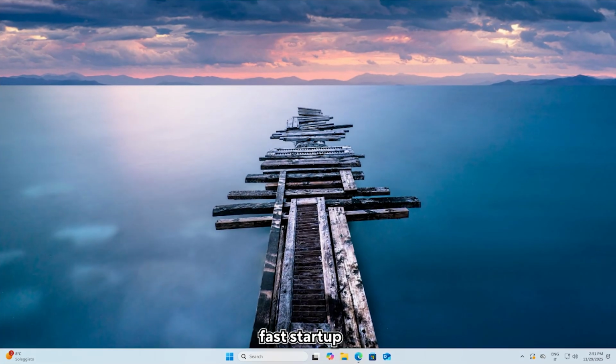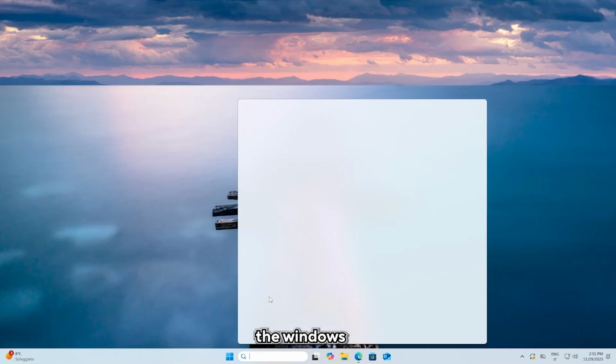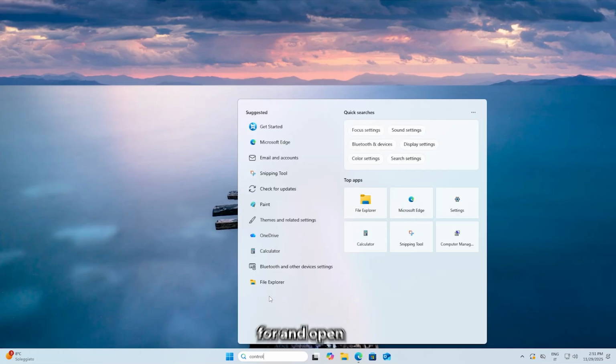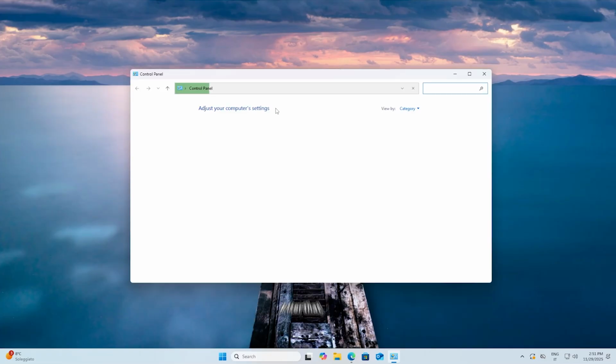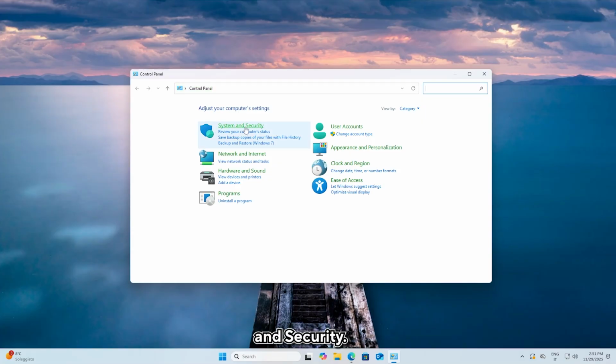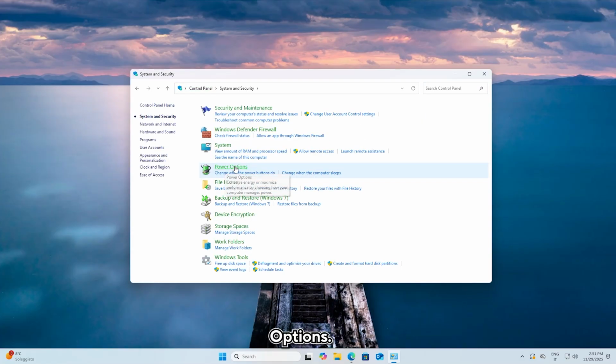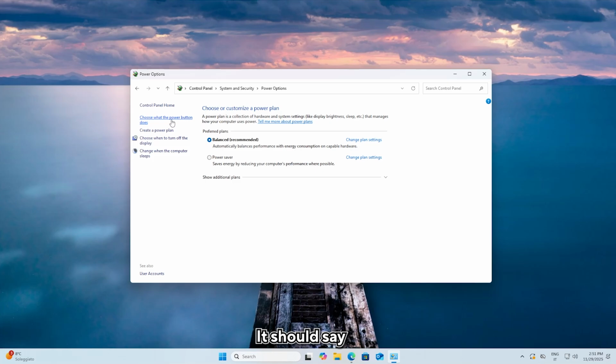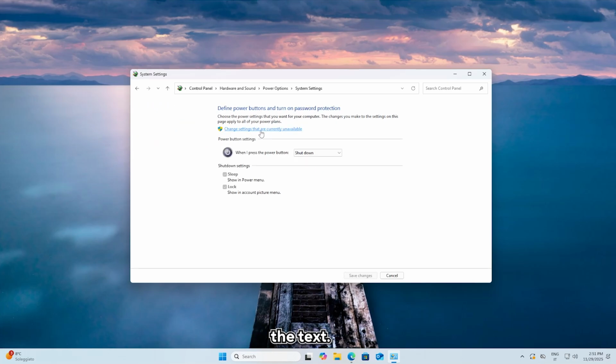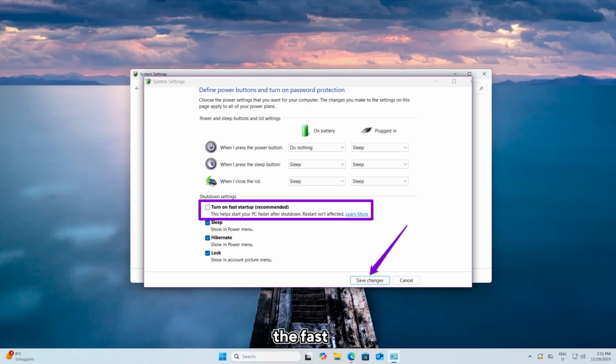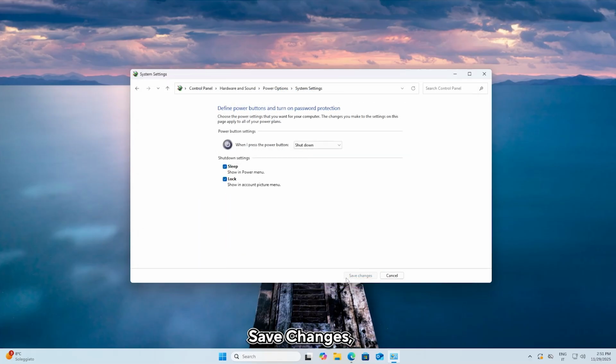First, let's disable Fast Startup so we can still use the Windows partition on Linux Mint. So search for and open the control panel. After that, select System and Security, then select Power Options. At the top left, it should say, choose what the power button does. Click on it. After that, click on the text, change settings that are currently unavailable. Unfortunately, I don't have the Fast Startup function in my list, but if you see it, make sure it is disabled. Once you have deselected it, click on Save Changes, after which you can close the control panel and move on